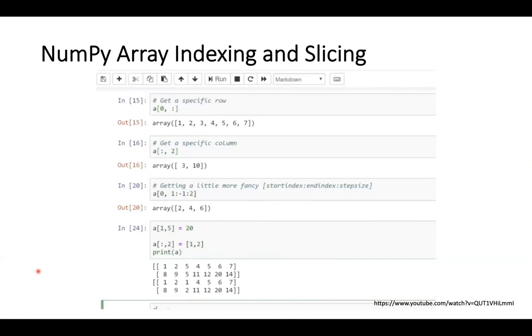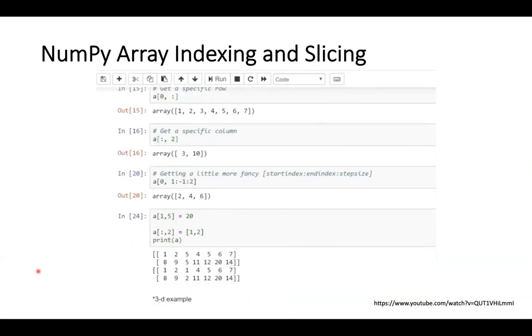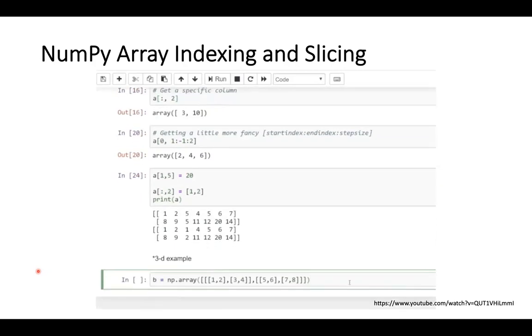Really quickly, let's just show a 3D example. If I had a 3D, so we'll say B equals NumPy array of all of this. And if I print B,